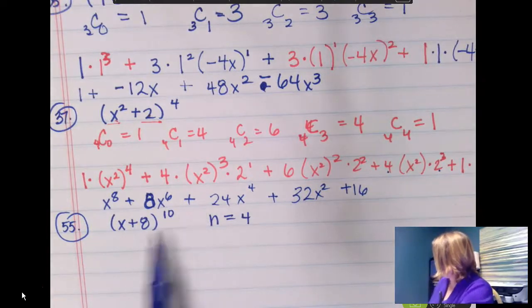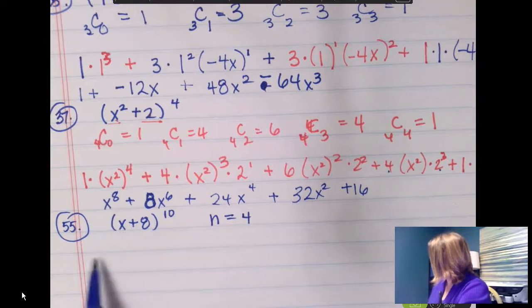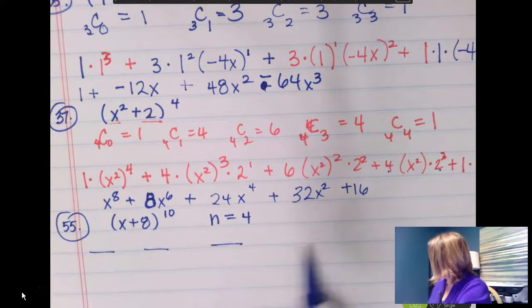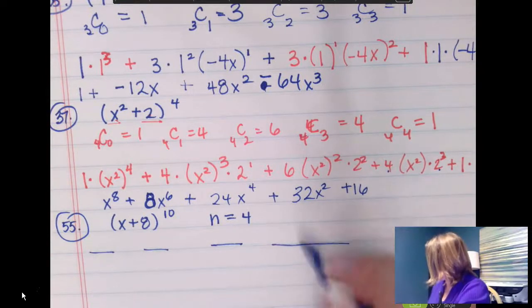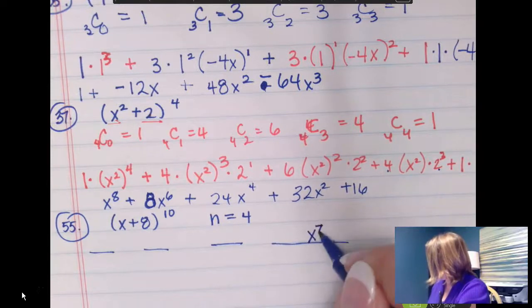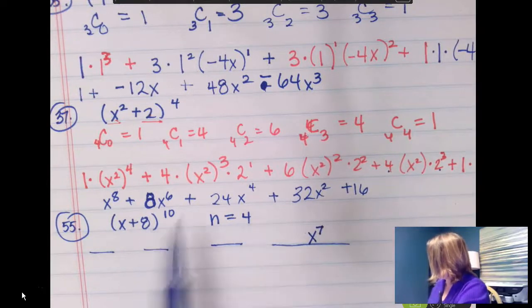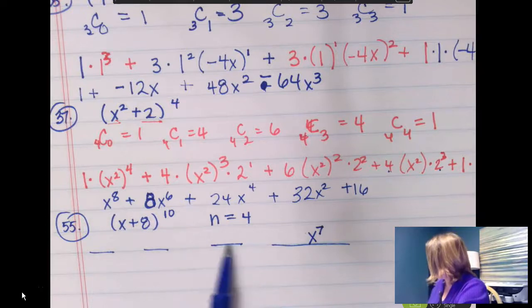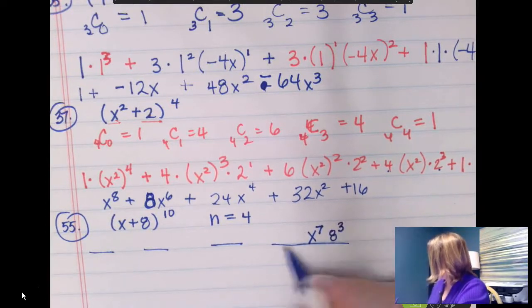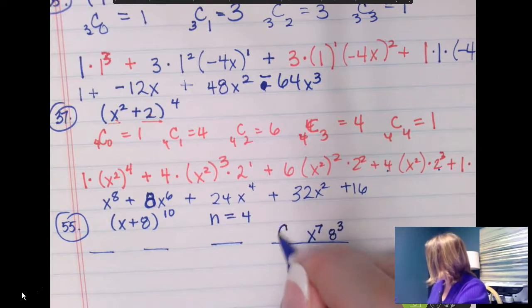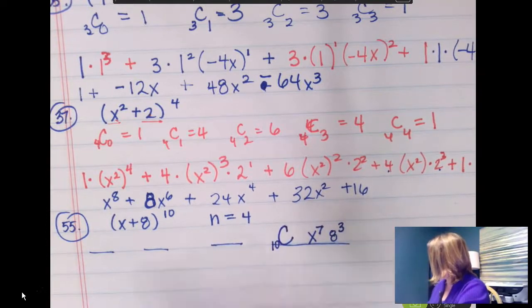So I want you to think about, in the 4th term, you're going to have 1, 2, 3 terms before it. So in the 4th term, we're going to have x to the 10th, 9th, 8th, 7th. And then 8 is going to be to the 0, 1, 2, 3rd. And then we'll have the binomial coefficient of 10 things. Here we'd have it taken 0, 1, 2,